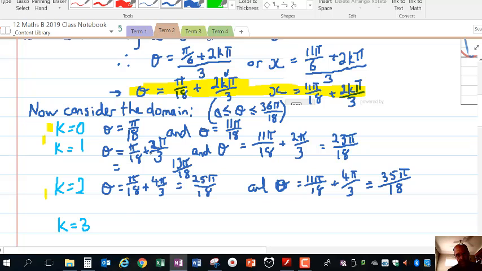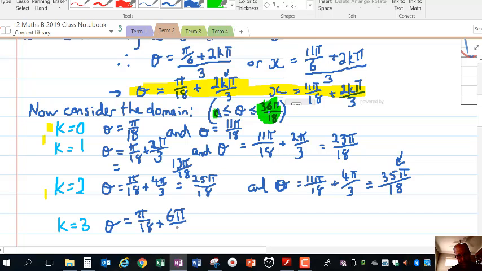Okay, now let's look, we've got to keep a bit of an eye out. Are we going beyond the end of our domain here? All these values are clearly above 0. 36 pi on 18, we can't overshoot that, or we'll be outside of our restriction. So we keep going. We've got up to 35 pi on 18, although we must be feeling like we're getting pretty close to the end now. But do check. So the next one is pi on 18 plus 6 pi on 3 now, because k